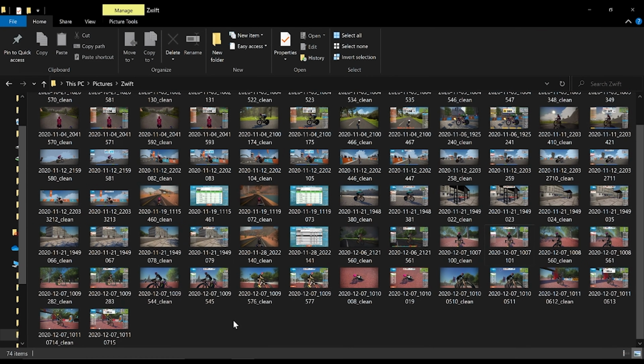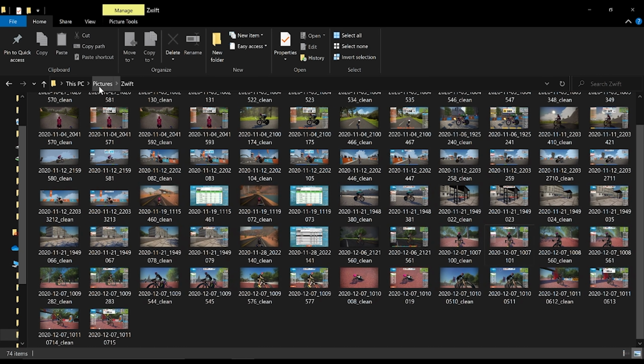Now, every once in a while, you're going to run into this really frustrating situation where Zwift does not automatically upload your photos to Strava. Or you want more than the 5 default photos because you did a really long ride and you wanted to share all the different areas that you hit on the map. There is an optional backup process here, and all of your photos from Zwift are saved into your primary pictures